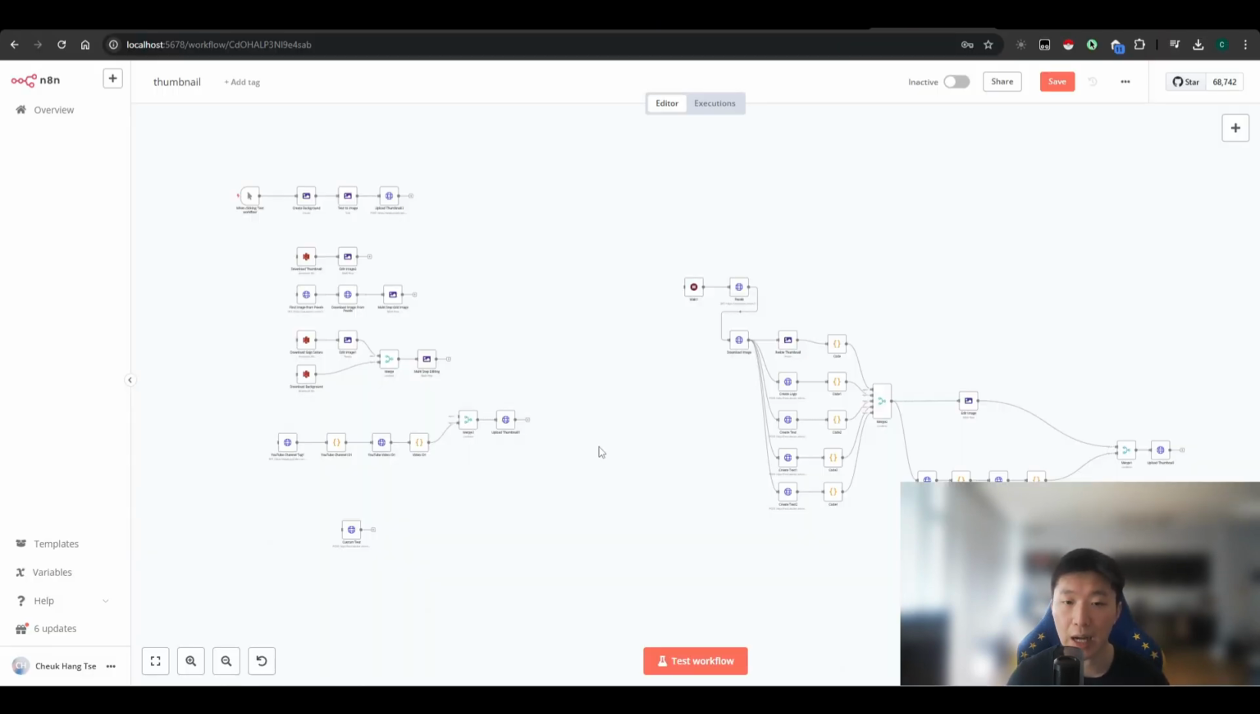So now when we go to our N8N workflow, you can see we got two different parts. The one on the left hand side is where I'm going to show you how we can create those thumbnails and how to upload those thumbnails to YouTube videos. And this is just some basic concepts. On the right hand side is a complete workflow that we can use later on,